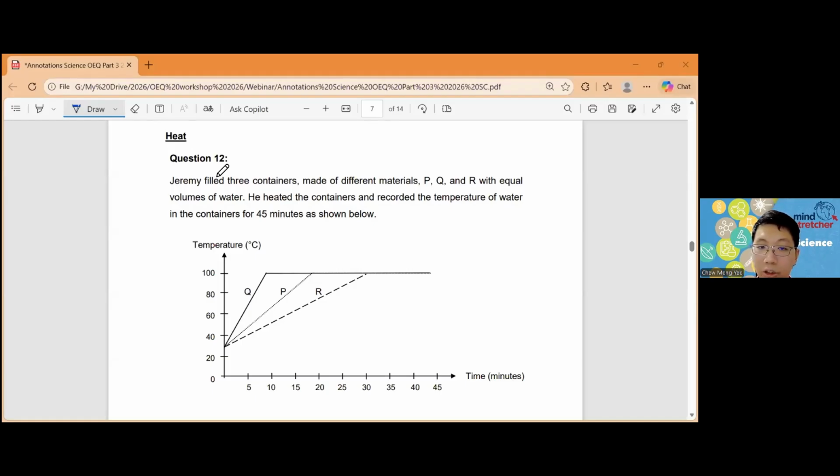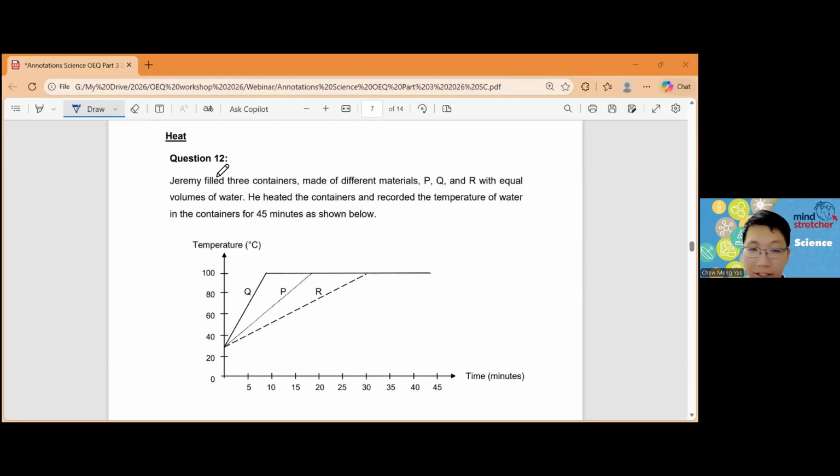Yeah, these are some of the topics that definitely will be tested for PSLE. Right, remember for PSLE, almost all the topics would be tested. So do not go and choose topics. All these, heat, water, electricity, they are definitely tested. It's a matter of how much they test only.